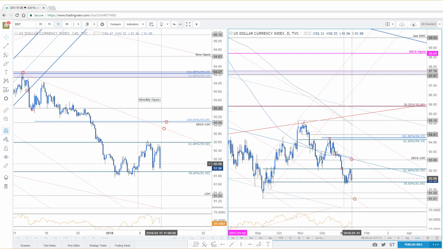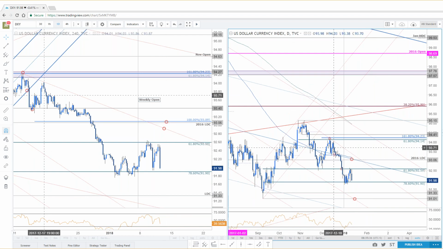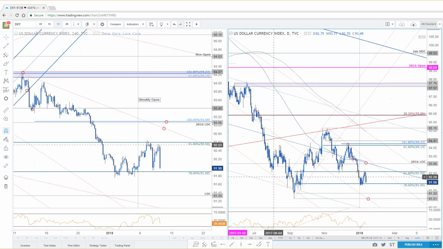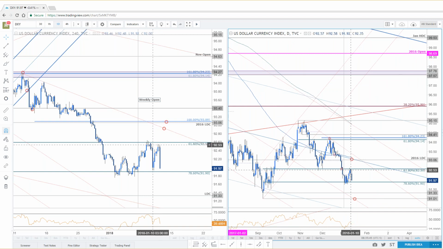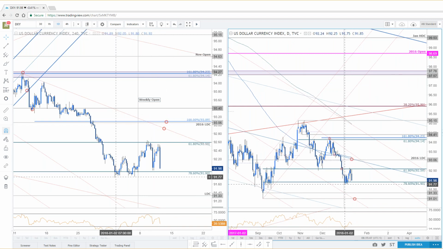Okay, the ideal scenario, like I told you, I was looking for the stretch into this region. As you can see on the daily chart to the right here, you got the 2016 low day close, you got the 100-day moving average, former slope resistance, all converging right here just above 93. Obviously, that would need us to clear this range.